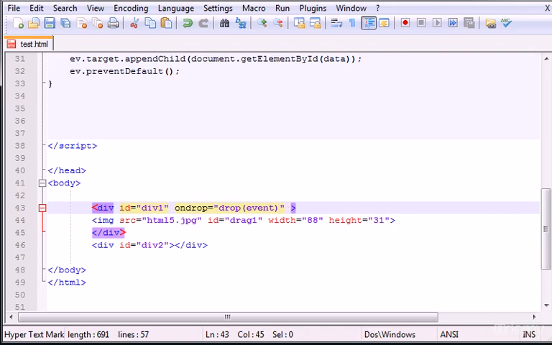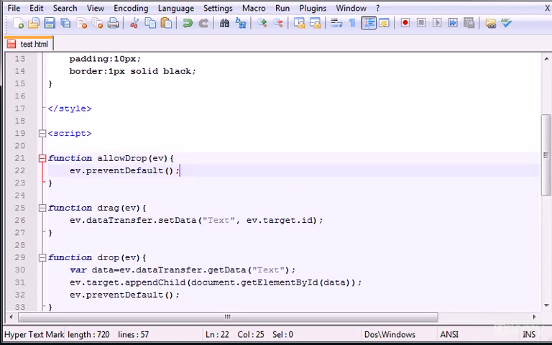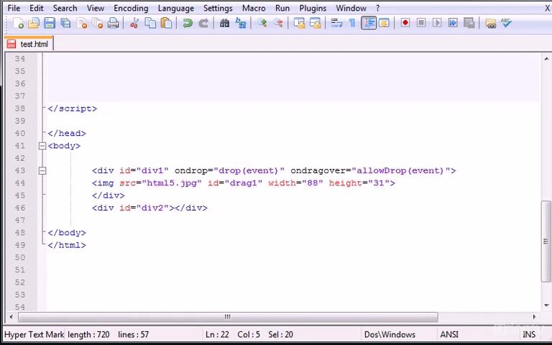Now, also in this div1, we also type another event, which is the on drag over. This will be equal to the allow drop event. Okay, this basically remember that this had the prevent default, so this will allow us to drag and drop,